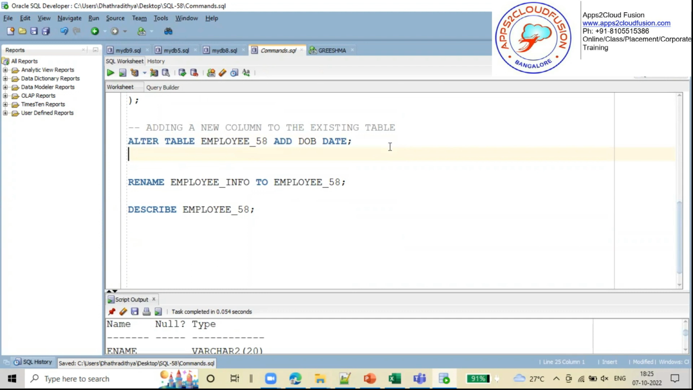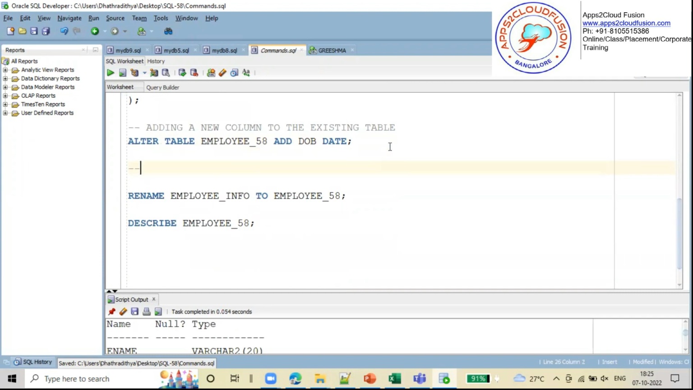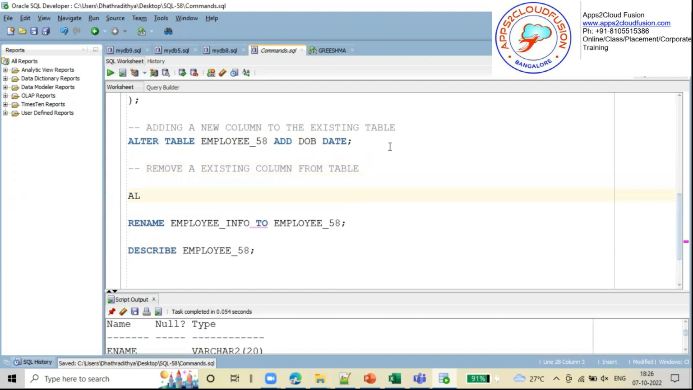Now I feel like I don't want date of birth again. Somehow I feel like I want to remove the date of birth column. You will use the same command, alter only. Let's write: remove an existing column from a table. How to do it? Same thing. Alter table employee 58, drop